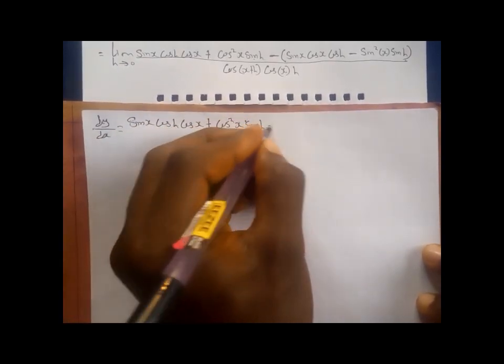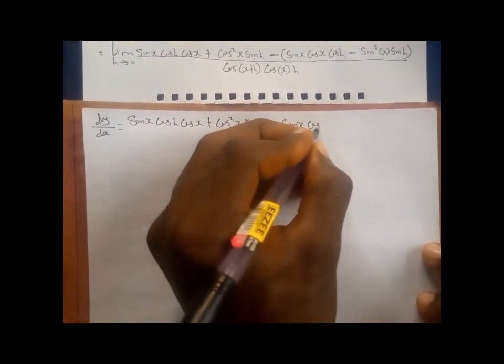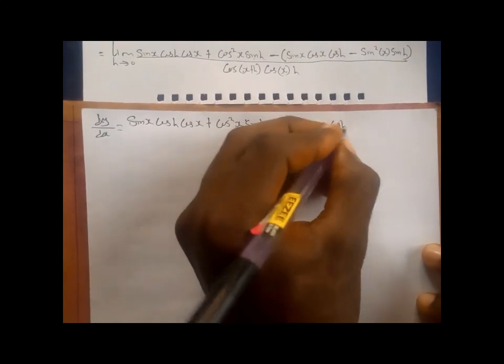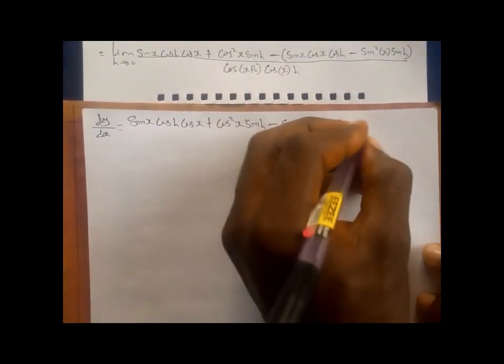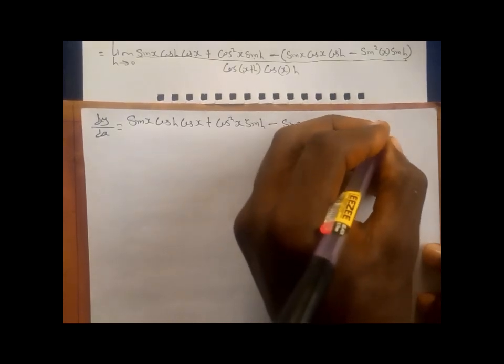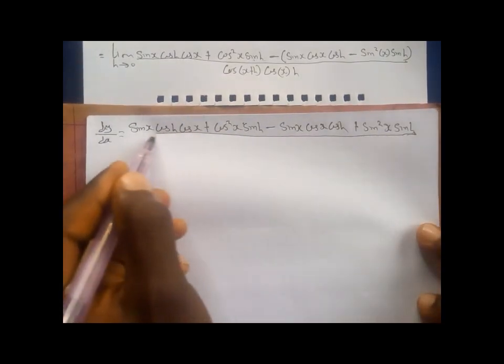All right, when the minus multiplies this, we have minus sin x cos h. The minus times minus this gives us plus sin squared x sin h, and we'll see our division of